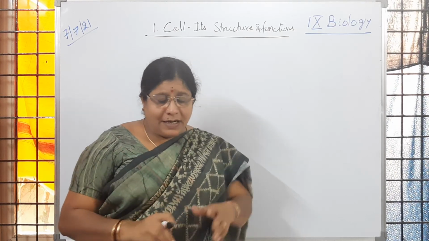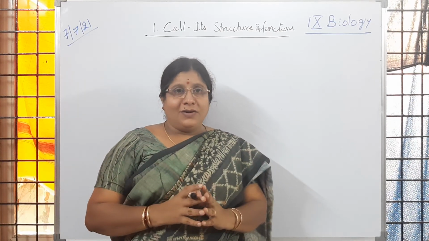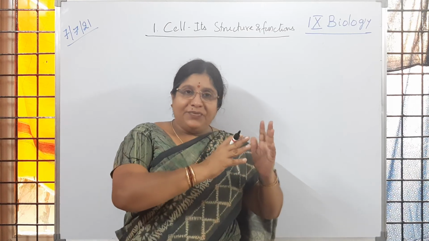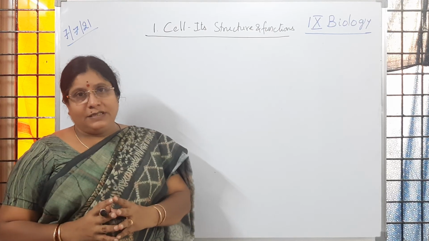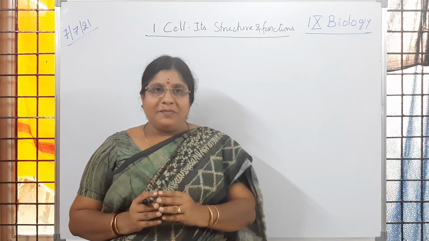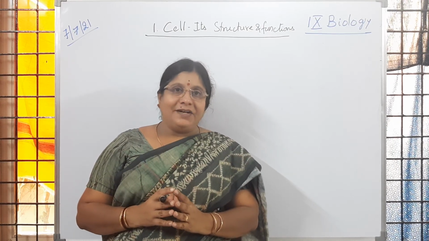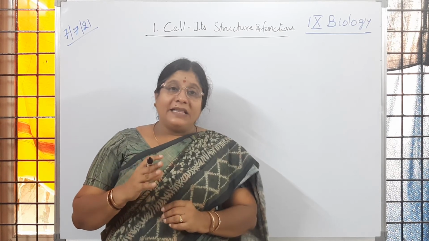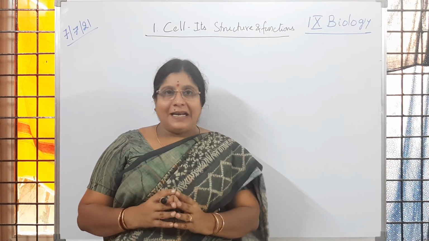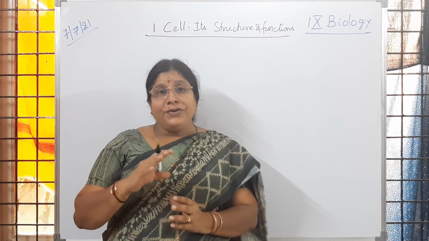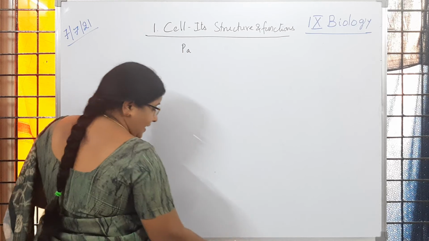Till yesterday's class you learned about the different types of cell organelles. In detail you learned about the different types of cell organelles which are present in the cell. Is it clear to you? Whether it is plant cell or animal cell, what are the different types of cell organelles present? That you learned. Is it clear to children? Then coming to the next point, their functions also you have studied. What kind of functions are going to be done by the cell or by the cell organelles? So let us recall the parts of cell, or cell organelles, once. I will write.